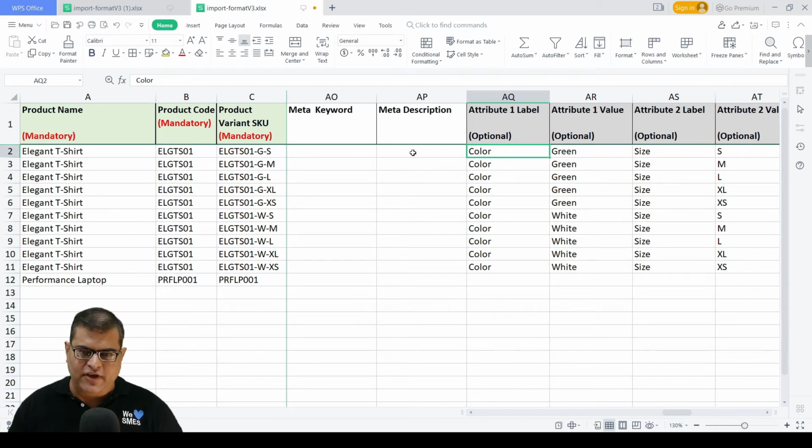Adjacent to that, you'll see columns which are titled as attribute label and values. And these columns are used to define what is the basis of differentiation. So we are uploading a t-shirt which is in 2 colors and 5 sizes. So this is where we are telling the system these are the basis of variation and these are the corresponding values. So in the column which is titled as attribute label, we are specifying what is the basis of variation,